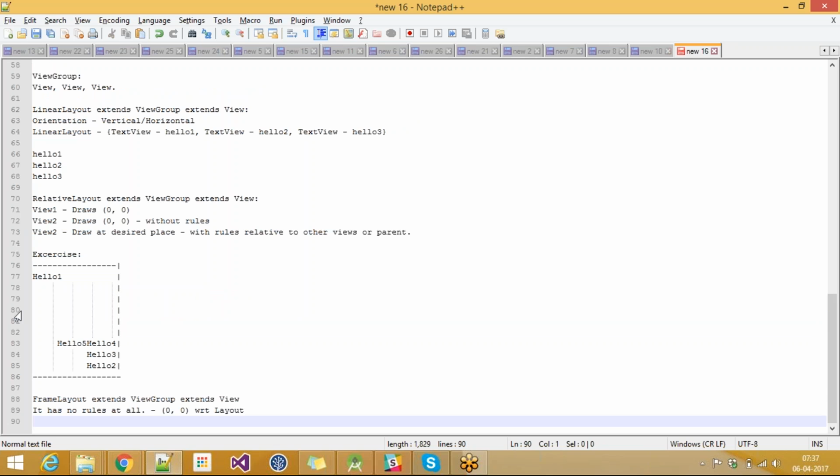So the reason we use frame layout, first reason, is that it will be very helpful when we use animations, usually custom animations. We commonly use frame layout for custom animations because